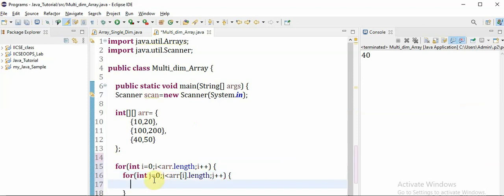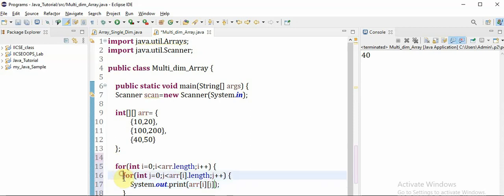Now the for loop is ready. Just put a System.out.print, because when we are displaying a row, everything should be in the same line. So we remove this ln, and give the name of the array, the row specified by i and the column specified by j.